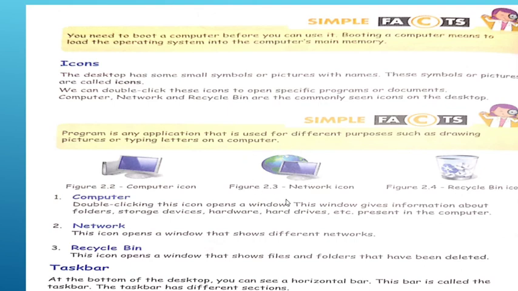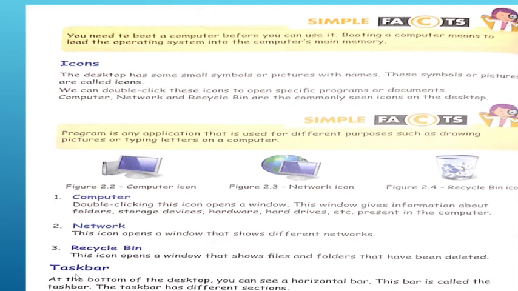The second one is the network icon with a monitor, and at the back is a globe, which shows how different types of computers are connected. The third one is the recycle bin, which looks like a dustbin or a basket where you delete computer files, and they are stored in this particular bin area.